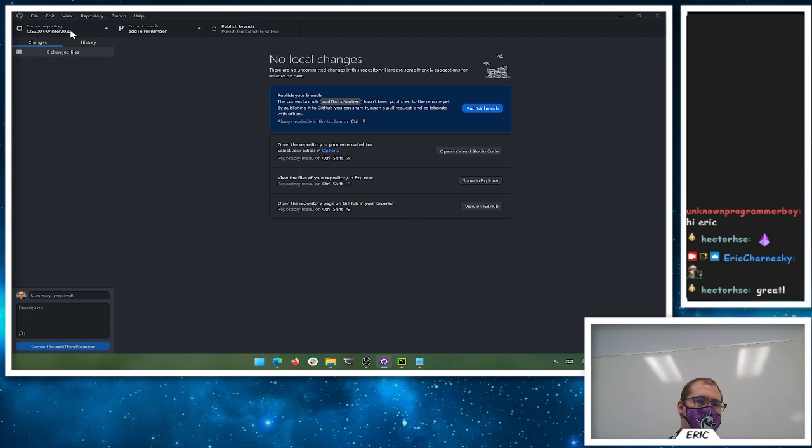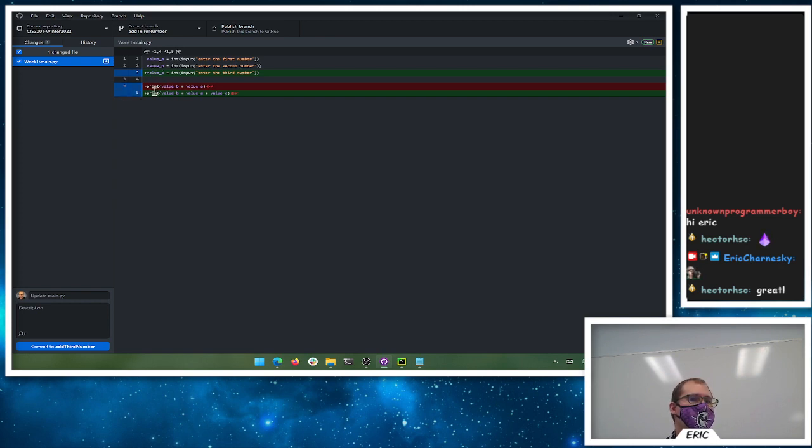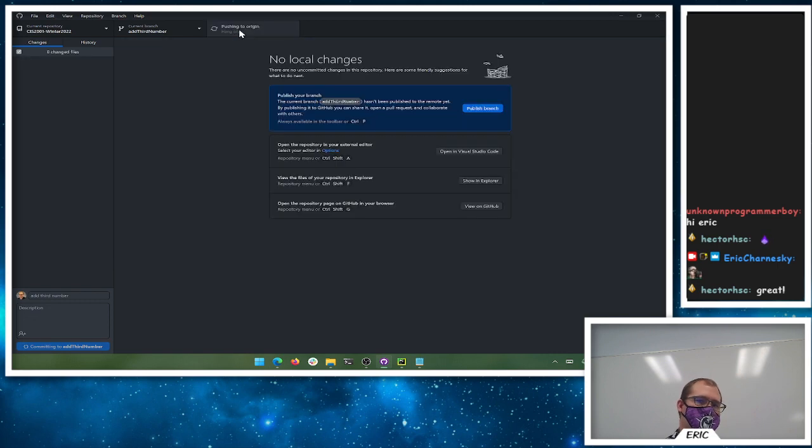So I'll come back to GitHub, and it's going to show me what has changed since the last snapshot. Well, what's changed is I added this line here, and then what used to be line 4 is now line 5, which is A plus B plus C. So we're good. Okay, we like all those changes, so I'll make my commit. So this is add third number. We'll commit, publish this branch,